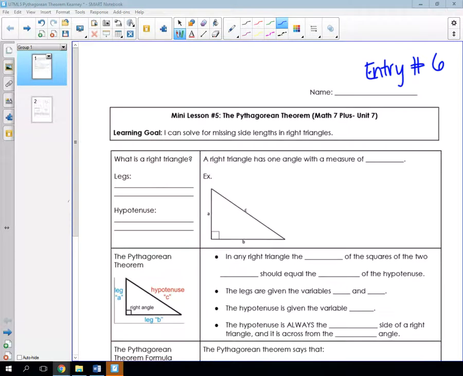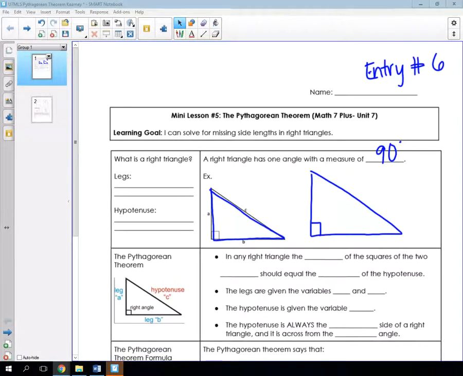Before we get started, let's talk about some important pieces that make up a right triangle. We all know that a right triangle has one angle with a measure of 90 degrees. That's what makes it a right triangle, because it has that right angle. When you have a right triangle, you have some really important pieces in it. I'm going to draw another one over to the side. First of all, it has to have that right angle. The other important pieces that make up a right triangle are